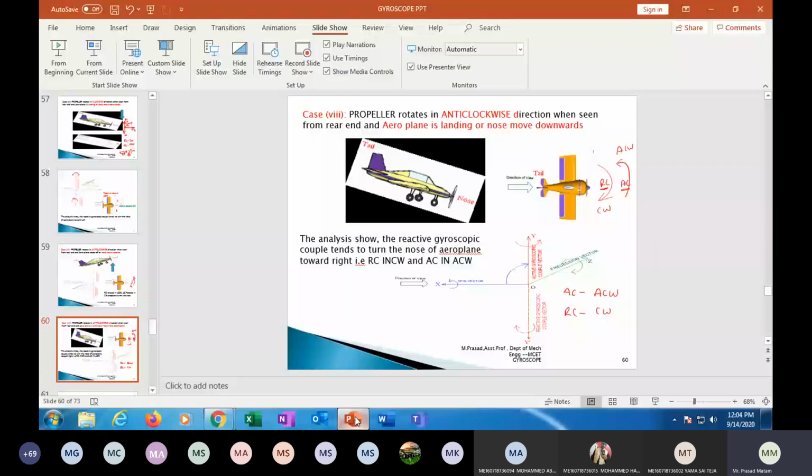So I'm left with only 2 more topics in the first unit. That is gyroscopic effect of the 2-wheeler and gyroscopic effect of the 4-wheeler. So by the end of this week, I will wind up the unit 1. All 8 topics have completed successfully. Next week, I would like to start the unit 2, governors and flywheels.